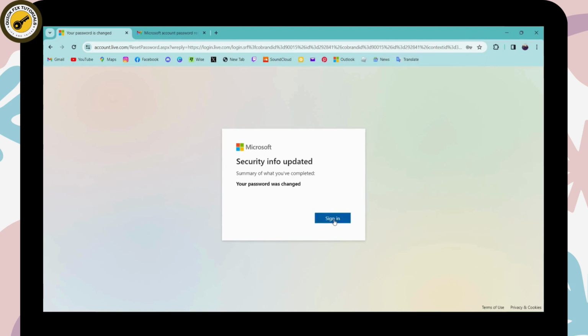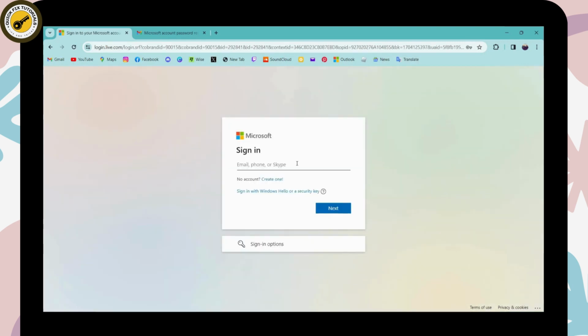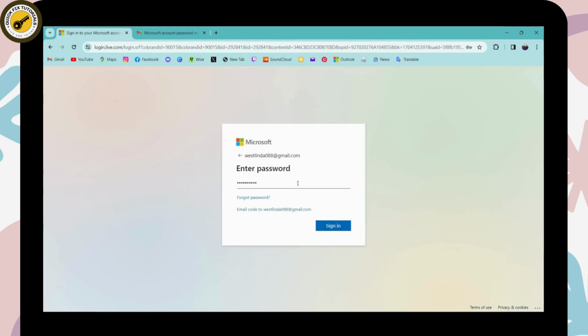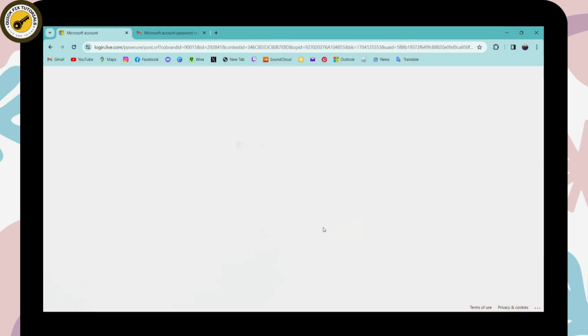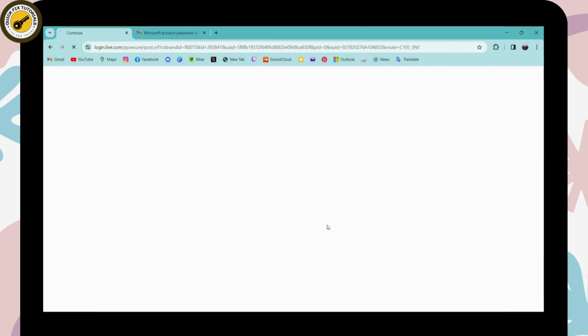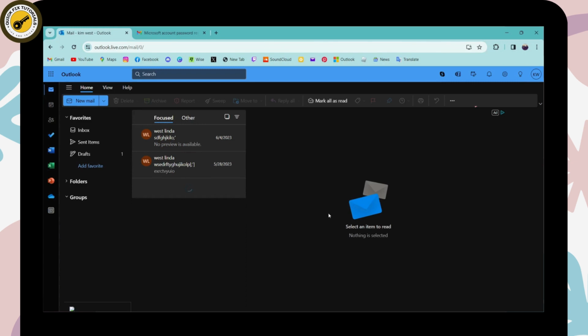And now you can simply click on sign in, and then again enter your email address and your password. Enter the password which you have just created, and then click on sign in. And if you want to stay signed in, then click on yes. And that's it. That's how you reset or recover your